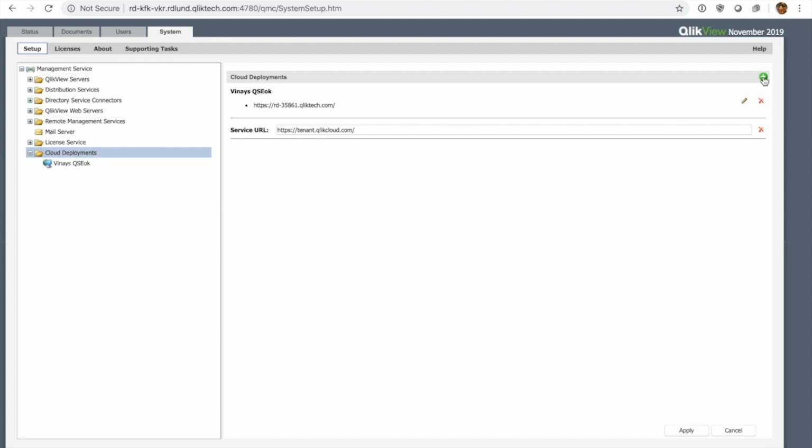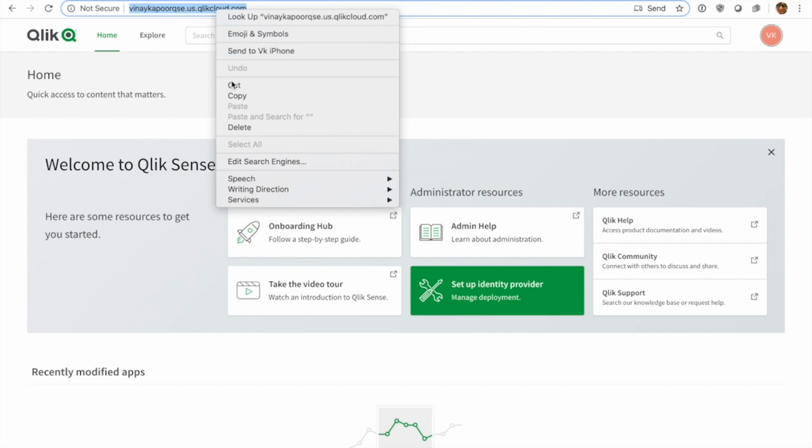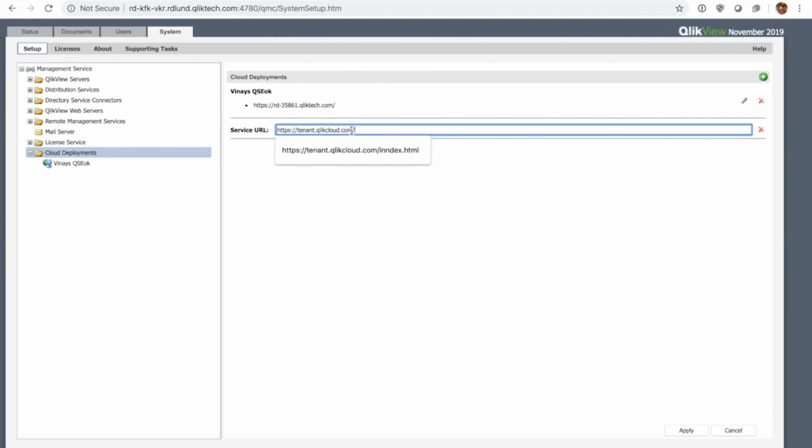I hit the plus button, and as soon as I do that, I have this place where I can add a server URL. So I'm going to go over to QCS. I'm going to copy that URL, and then I'm going to go here and paste the URL into this ClickView QMC. There we go.